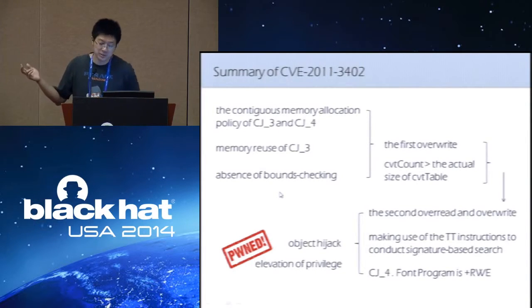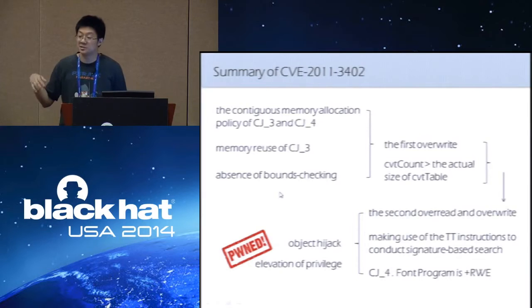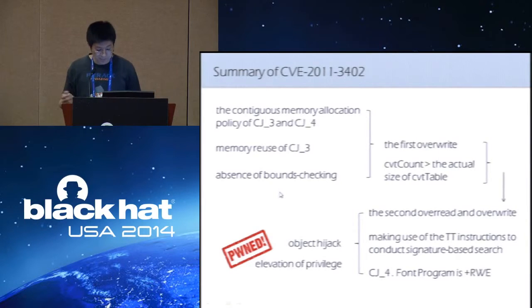The memory usage assumption, the reuse of CG3, and the absence of binder checking lead to the overwrite. The first overwrite leads to a second overwrite. The second overwrite: the TOCTTOU team makes use of the TrueType instructions to conduct